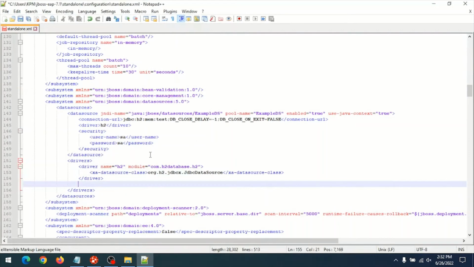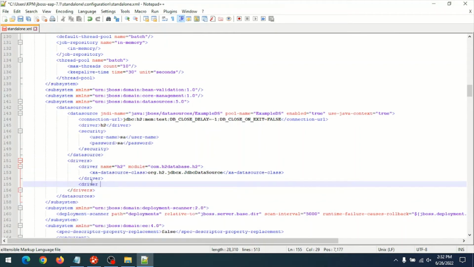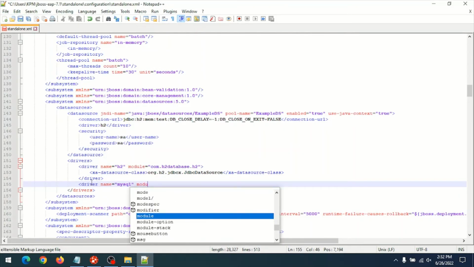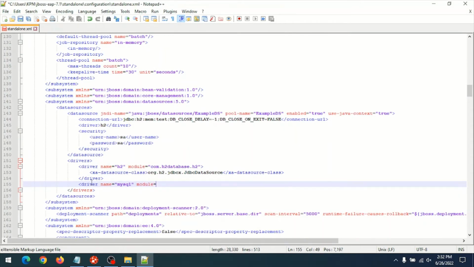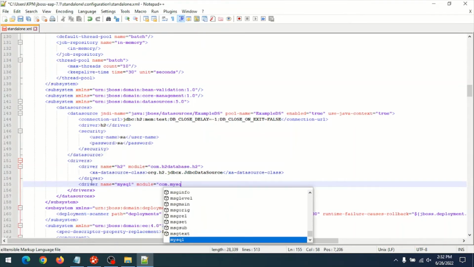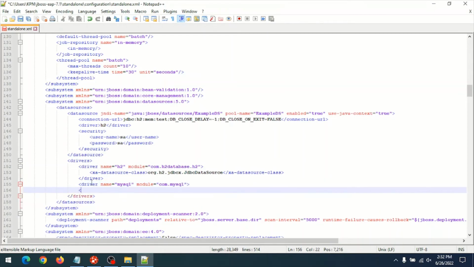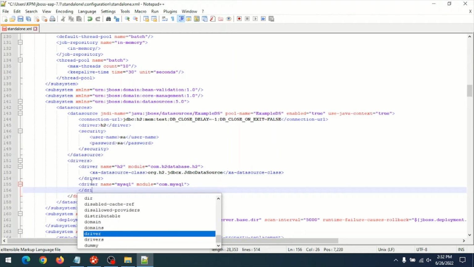So then open the file standalone.xml and create a tag, driver, name equal to MySQL and module equal to com.mysql. Then close the tag driver